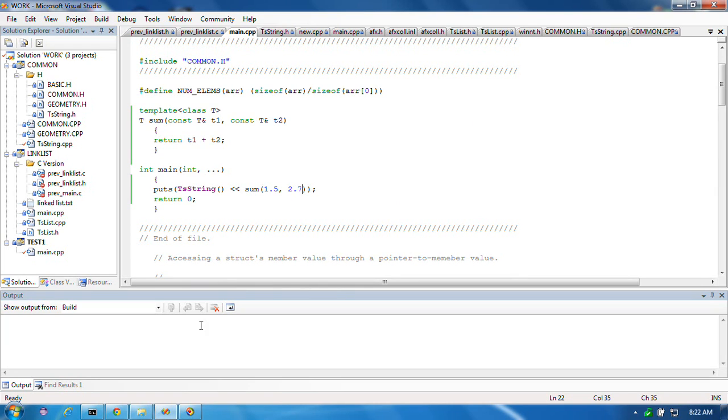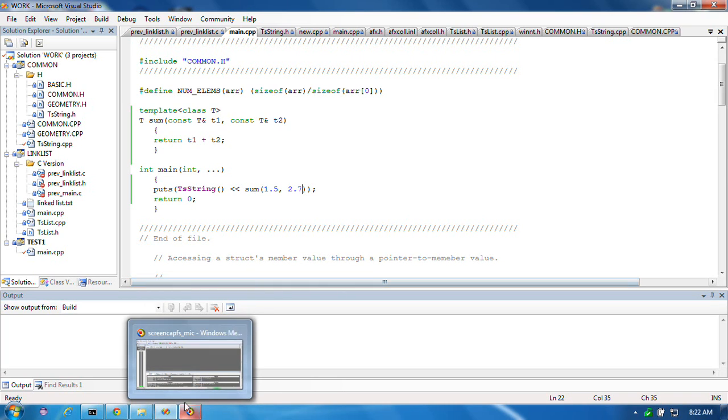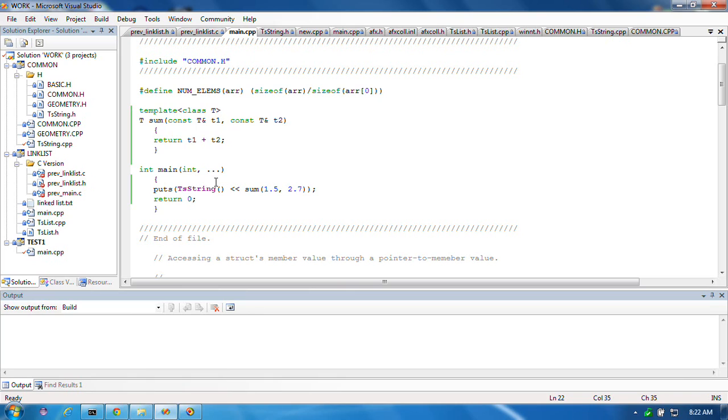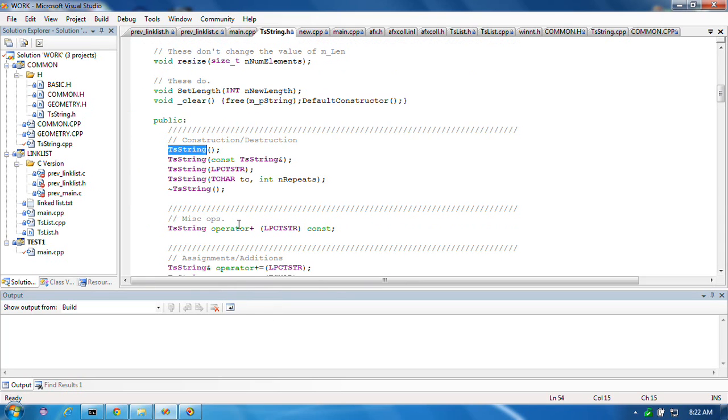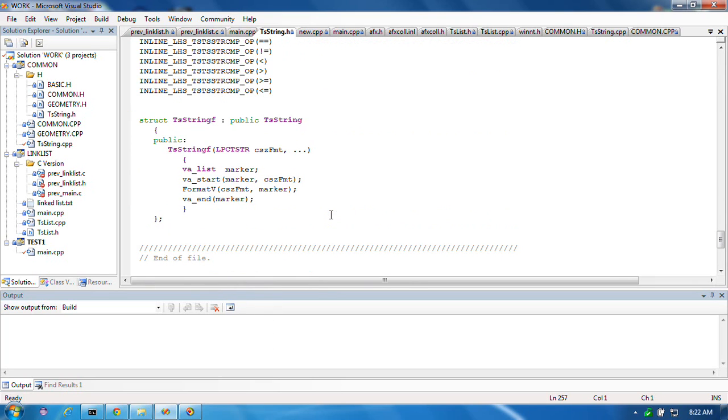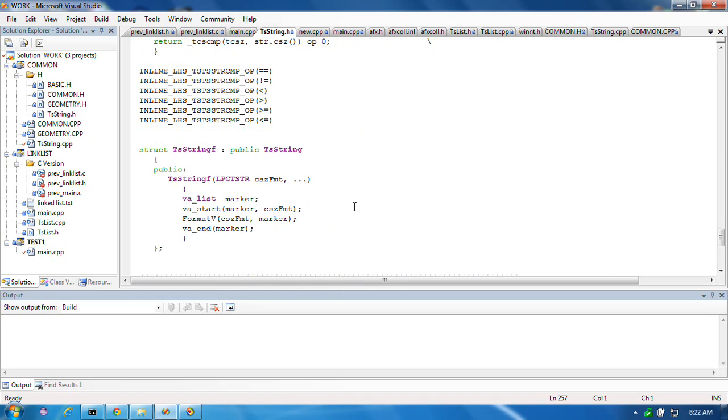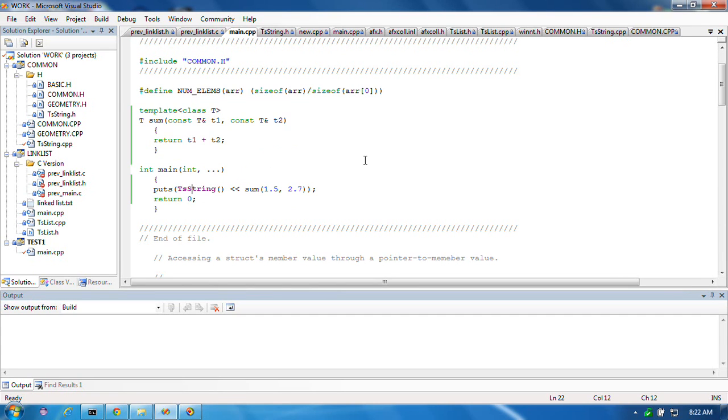I also, before the end of this one, because this is going to be a 2 or 3 parter, let me check my time, I want to make a note that I didn't actually add, this is not an addition to the string class. I added something which is a very useful class derived from the string class. It has like a format specifier. So, for instance,